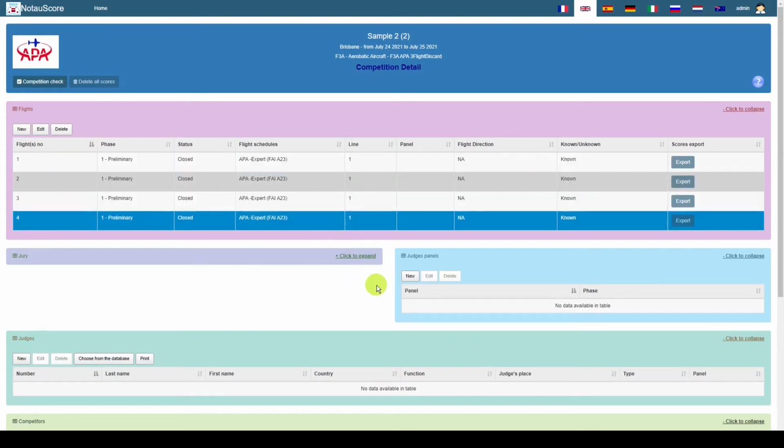The reason I do that is because if we select judges to judge flight 1 and judges to judge flight 2, 3 or 4, for example, and somebody gets ill or something like that, I can easily swap the judges out without getting another judge to sit in the chair using the wrong ID or something like that. So to create a judges panel is relatively easy.